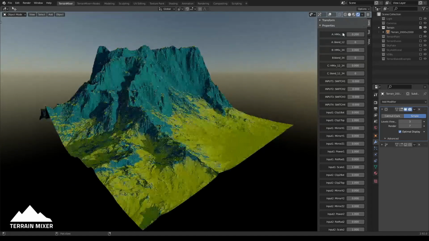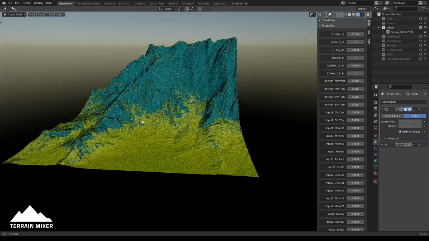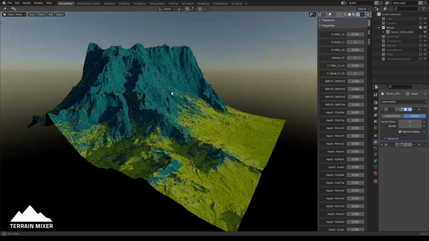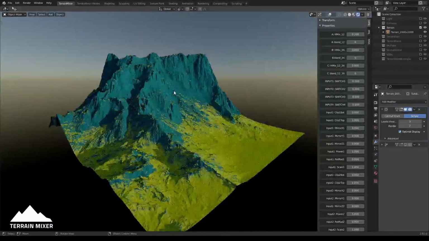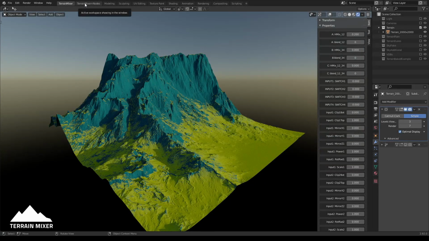So we have a bit of a mix from the input 2, but input 1 is the pronounced one. Okay. Now I will go to another workspace named Terrain Mixer plus Nodes,